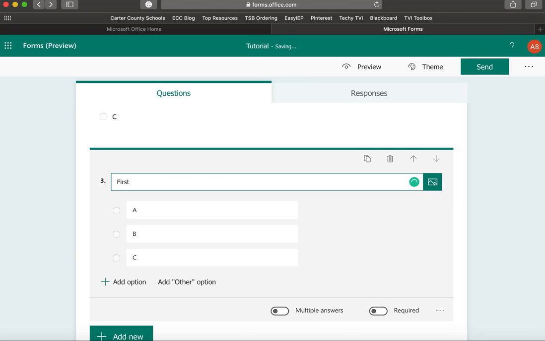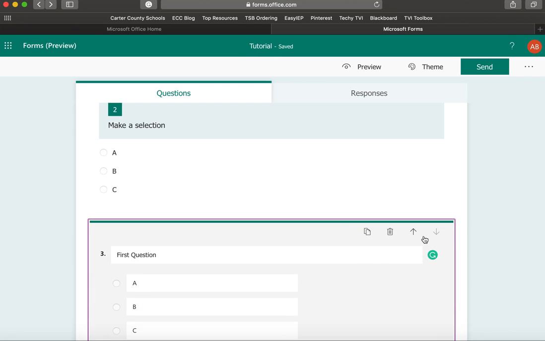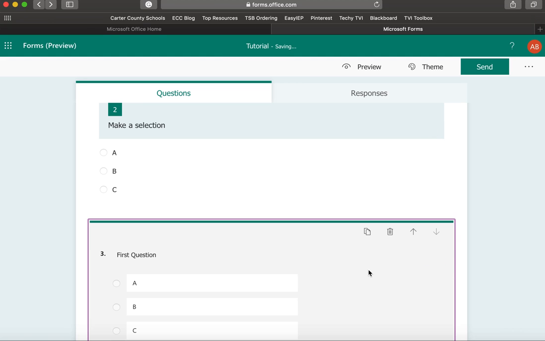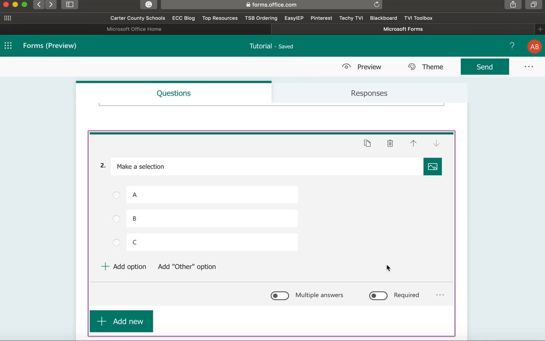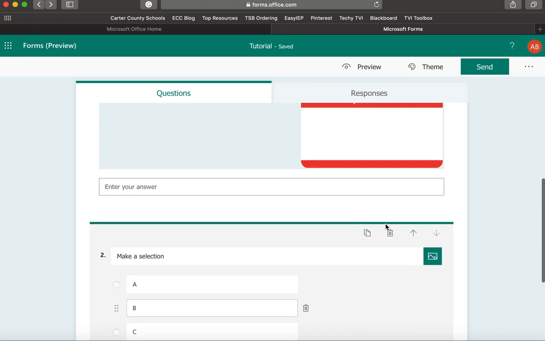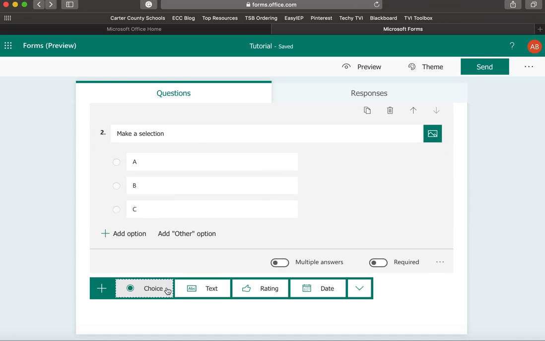So if this was supposed to be the first question, and you see it's in the second position, I'm going to use the up and down arrows at the top right to change it, or I can delete it with the little trash can icon. Like I said, you can make this required. And that's the sections. If you go to add new, you have the choices for the questions, or